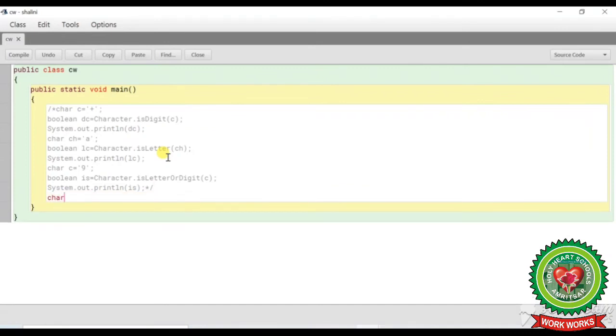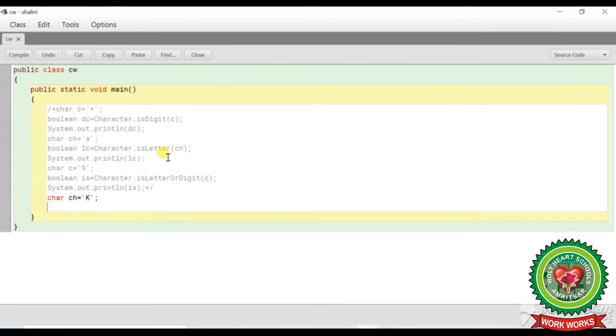char ch equals to, in single quotes I have put capital K. Now I want to change it to lowercase, so my output will also be a character. So here I will write char q equals Character.toLowerCase.